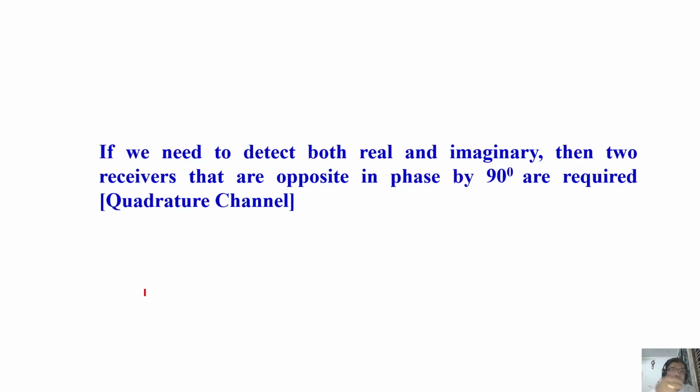But it is better to detect both real and imaginary. There are lots of advantages in deciding how the magnetization behaves, to decide your pulse sequence, everything. You need to detect both real and imaginary components, and there are various reasons why. First, you can distinguish between positive and negative signals. At the same time, there is a lot of gain in the signal to noise ratio also.